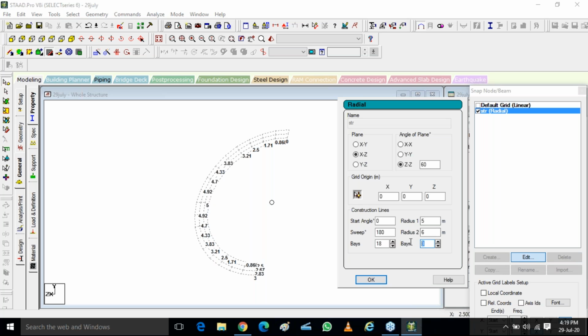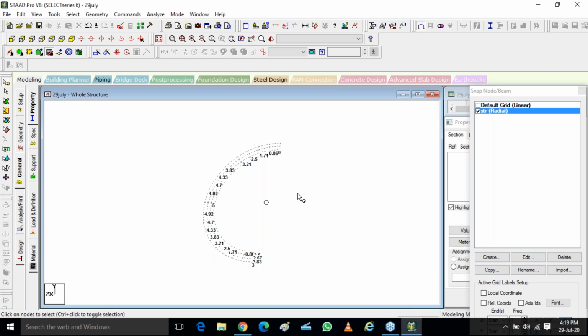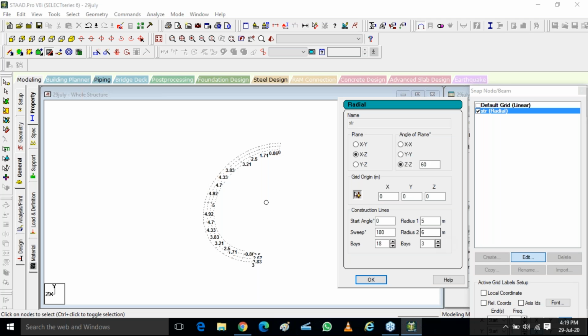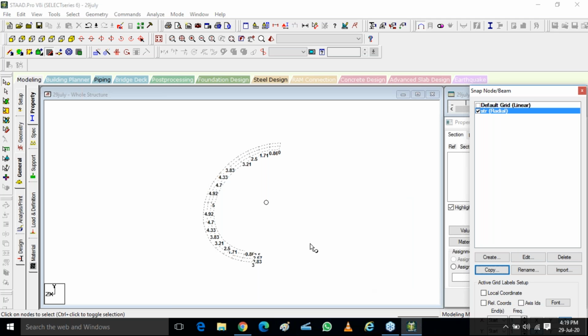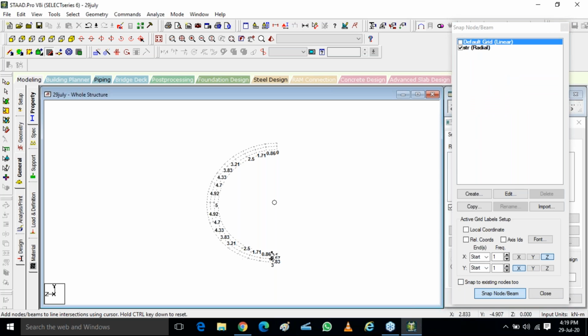In this, instead of 3 also I'll put 1 only. Okay, let's keep it 3. So this is your UCS, which is 0 0 0, this one. Now what you have to do next, you have to create beams on top of it, from this point to this point, from this point, like this.